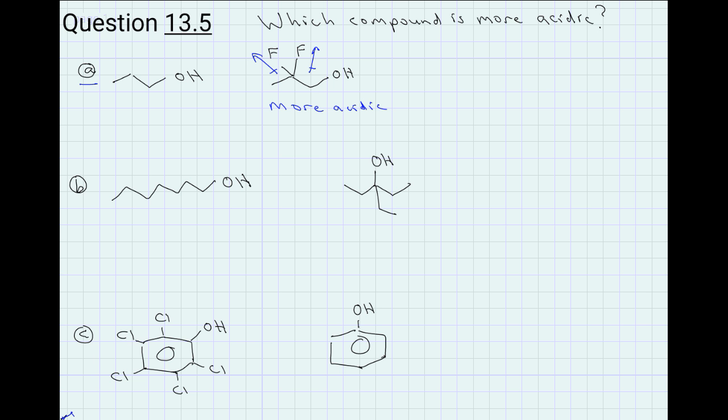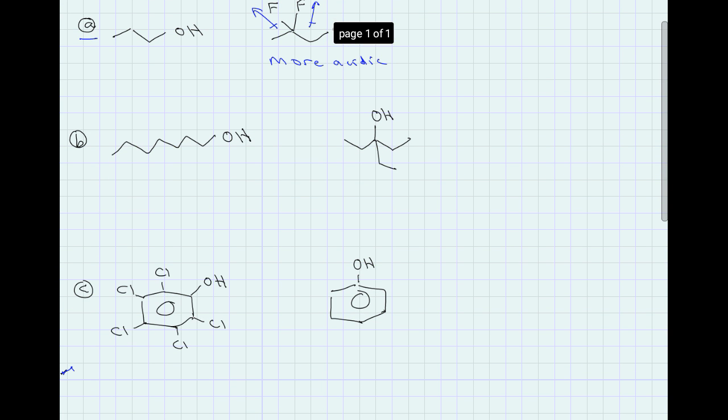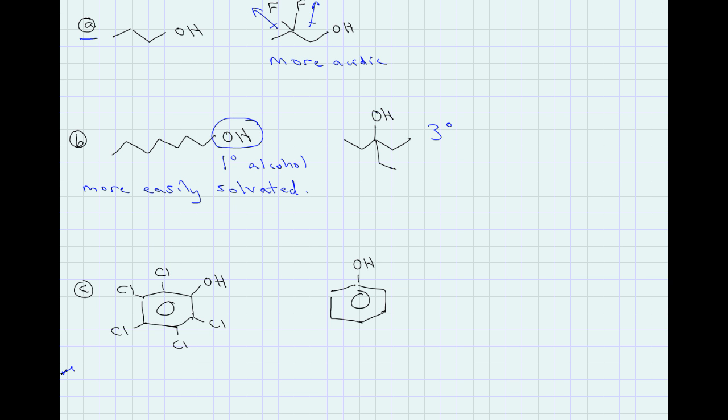In part B, the first compound is going to be more acidic because the conjugate base of a primary alcohol, so this is a primary alcohol right here, and this one is obviously a tertiary alcohol. So the conjugate base of a primary alcohol, so I'll put primary alcohol, is going to be more easily solvated. That means that when we generate the alkoxide,